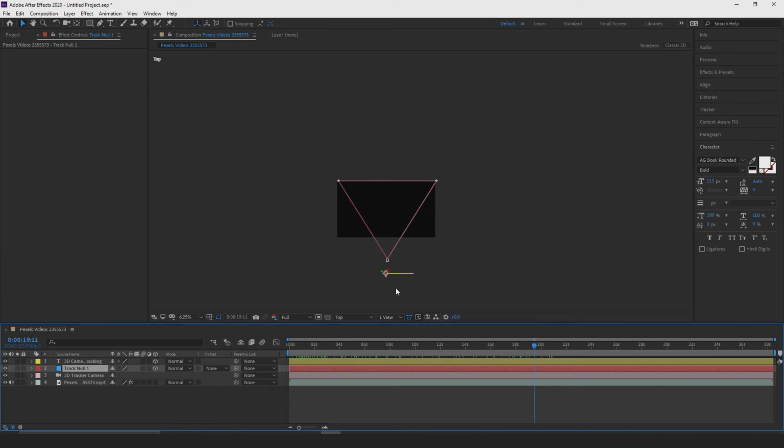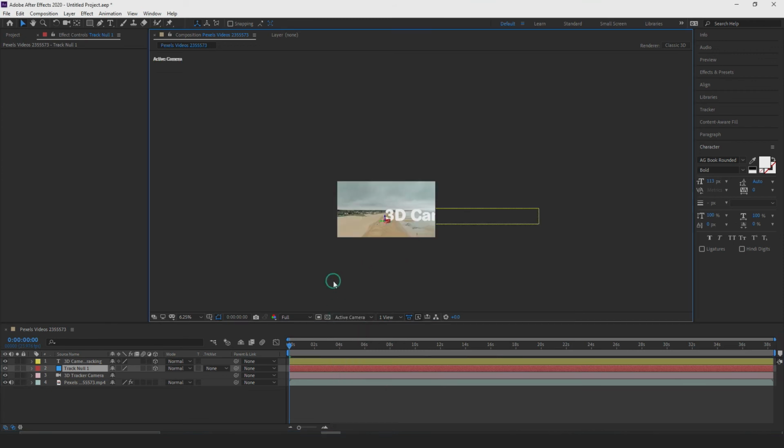Your tracked points that After Effects generated with the 3D camera tracker are still within a 3D space, and it is moving the camera based off the tracked positioning and points of your 2D footage. So it's moving a virtual camera that it created. It's not moving your text, it's moving the camera based off its tracking points that it generated, and we are just attaching a graphic or an object or a layer or text to a cluster of those points. So I'm going to go back to my active view now,